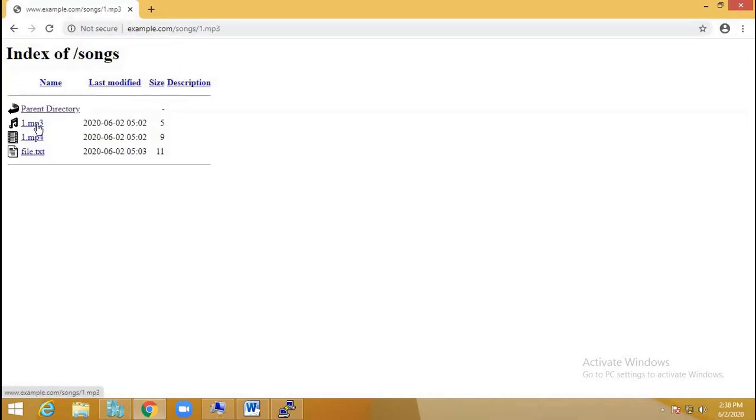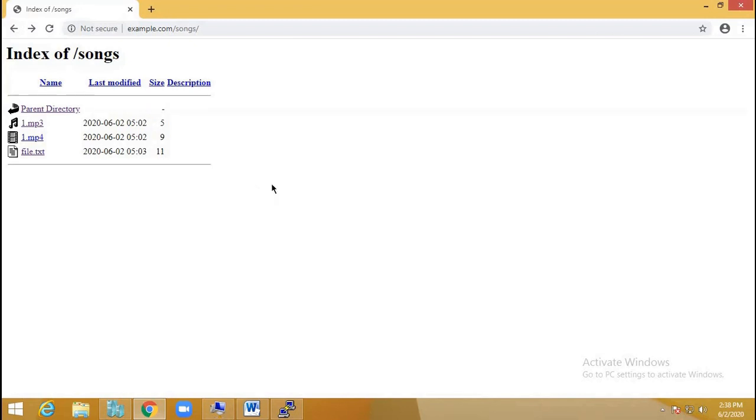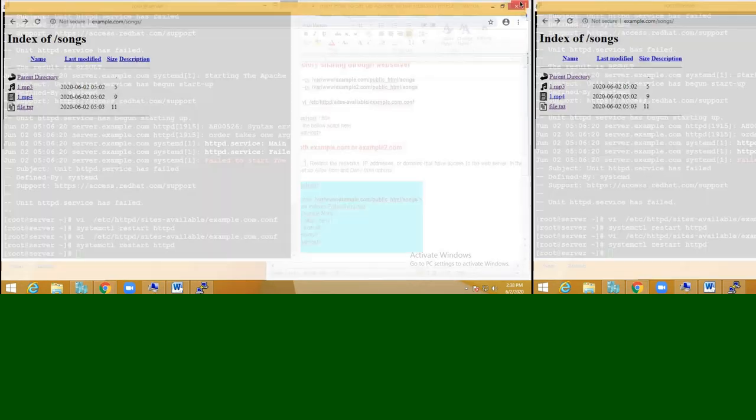Now you can see here I can download the songs or I can read the text file. That is how we can download the content from the web server.